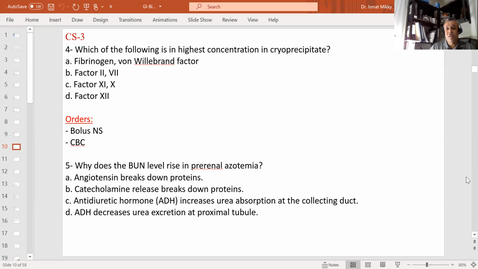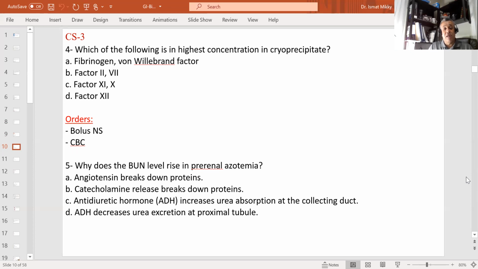So which of the following is in highest concentration in the cryoprecipitate? The fibrinogen and von Willebrand factor. So the cryoprecipitate is especially high in fibrinogen, von Willebrand factor, VWF, and factor 8. And we know factor 8 is required when the patient has hemophilia. So the reason we never use cryoprecipitate first